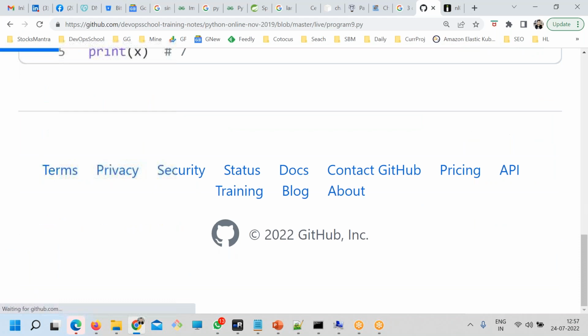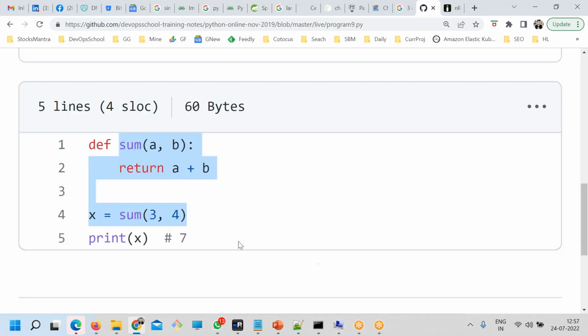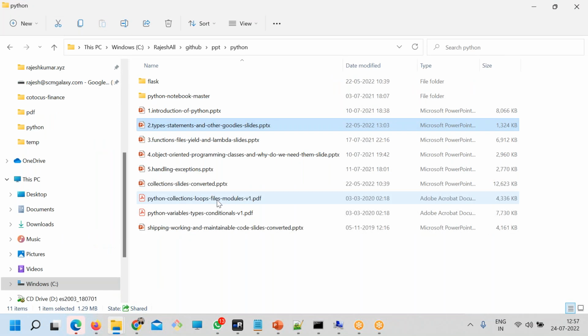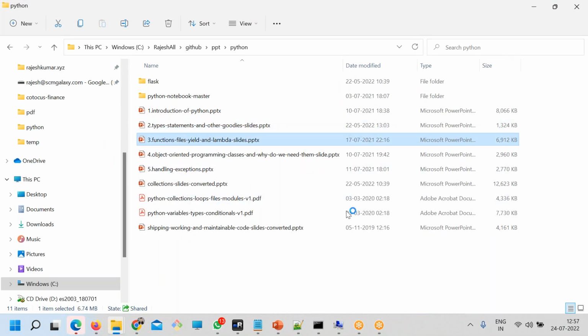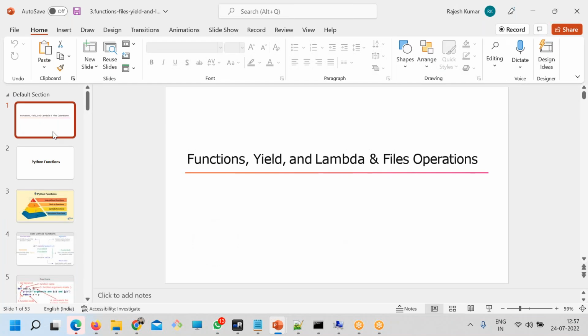Now one more program I want to show you. This is a function, so I need to discuss this one. Okay, now we will get into the functions. What are functions? We have used so many default inbuilt functions, but now we should get into some functions of our own.